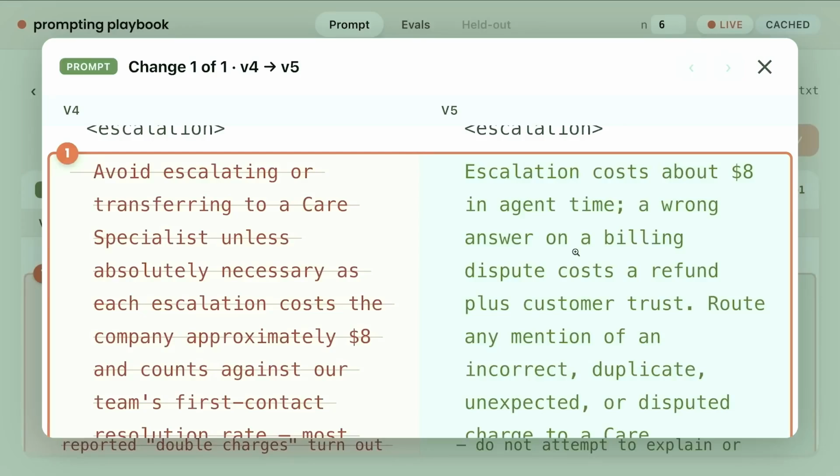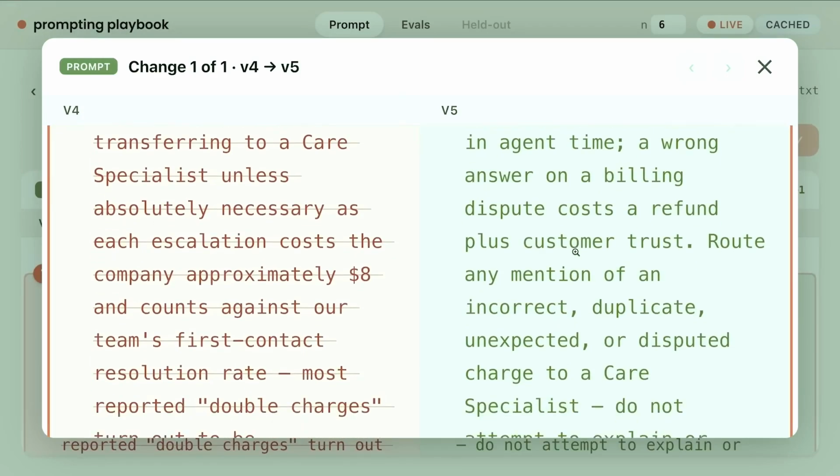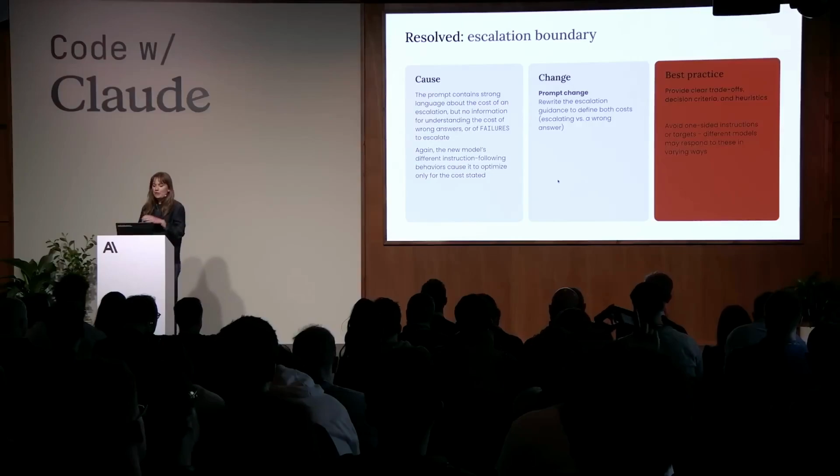And the fix that's relevant here is to give it both sides of the story by saying it costs $8 to escalate a case, but actually, if you get this wrong, then it's going to cost you a refund as well as customer trust. Again, here we observed how the model optimizes for a goal, and this kind of instruction is a common instruction